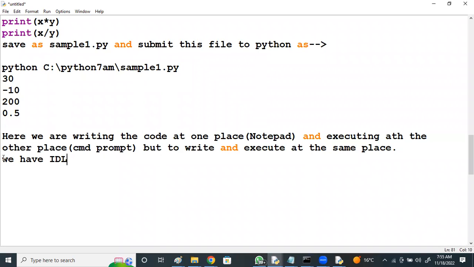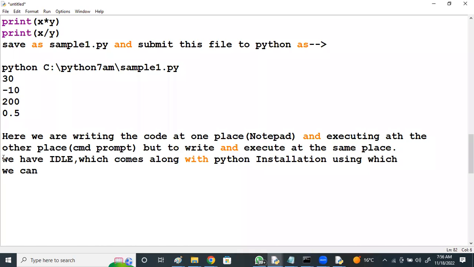we have IDLE, the integrated development and learning environment, which comes along with Python installation, with no need of any special installation. The drawback we are seeing is that we are writing within the notepad and executing at the command prompt, but I want to write and execute at the same place. We have IDLE, which comes along with Python installation, using which we can write and execute at the same place. For example, how to open this IDLE,